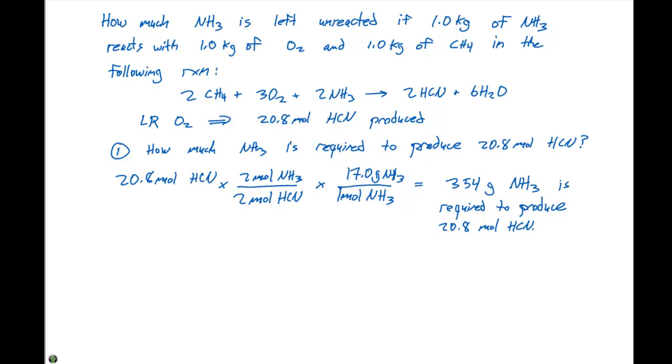So we know that oxygen limits this particular reaction. It's the limiting reactant, and we're going to have 20.8 moles of HCN produced. We need to figure out how much ammonia is going to be required to produce that amount. We calculated that to be 354 grams. So in terms of the amount of NH3 left unreacted, we're starting with 1.00 kilogram or 1,000 grams of NH3. We're going to subtract 354 grams, which is the amount that was required to produce the 20.8 moles, and that's going to give us 646 grams of NH3